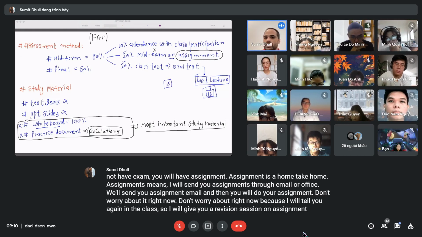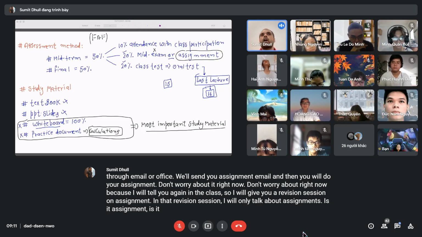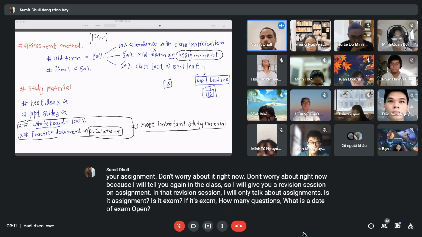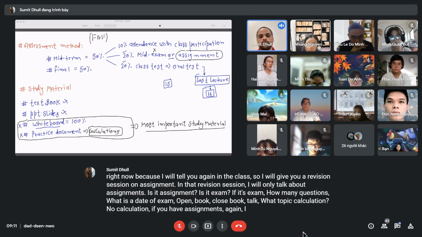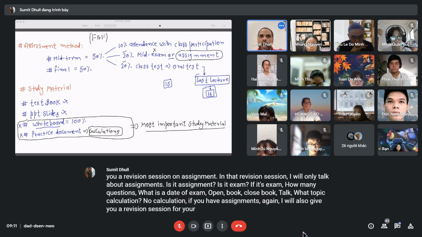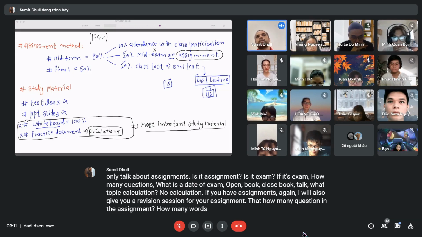In that revision session, I will only talk about assignments. Is it assignment? Is it exam? If it's exam, how many questions? What is the date of exam? Open book, closed book, what topic, calculation, no calculation. If you have assignments, again, I will also give you a revision session for your assignment. How many questions in the assignment, how many words, or one student assignment or group assignment, everything I will